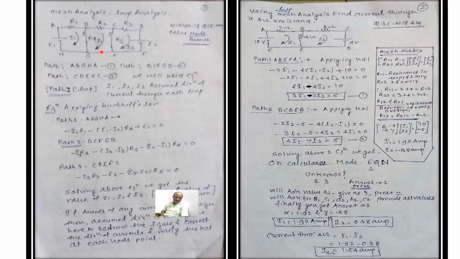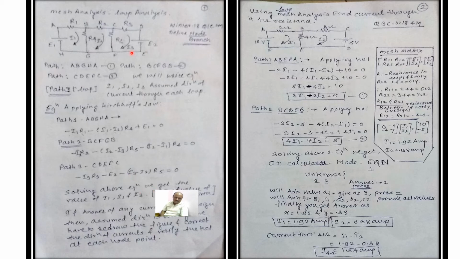Finally we will move to this again in this loop. Now we are in the second loop, so what should we write here? Minus into bracket I2 minus I1 into R4, and that is equal to 0. Once the path is complete, put equals to 0. And finally, for the third loop we can write minus I3 R3. Now we are traveling from this to this, so we have first positive then negative, so it becomes minus E2.